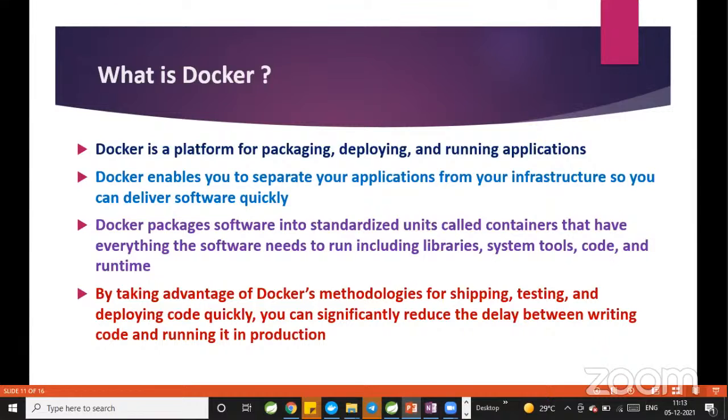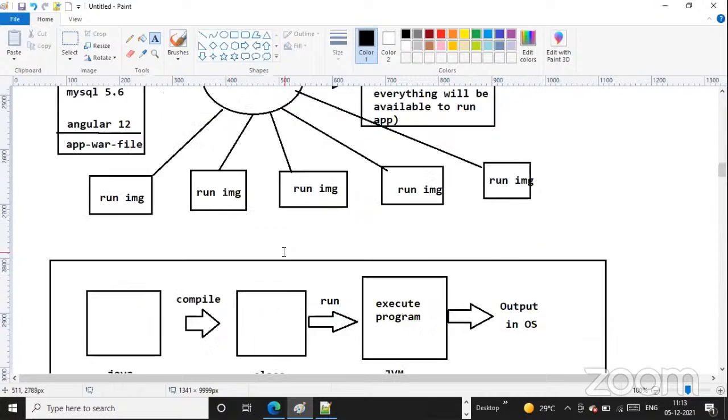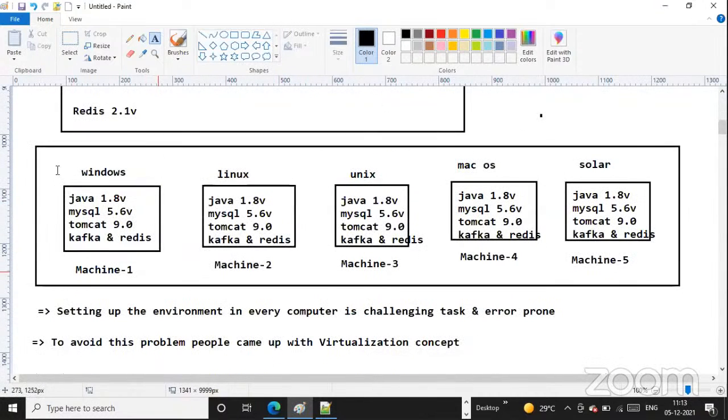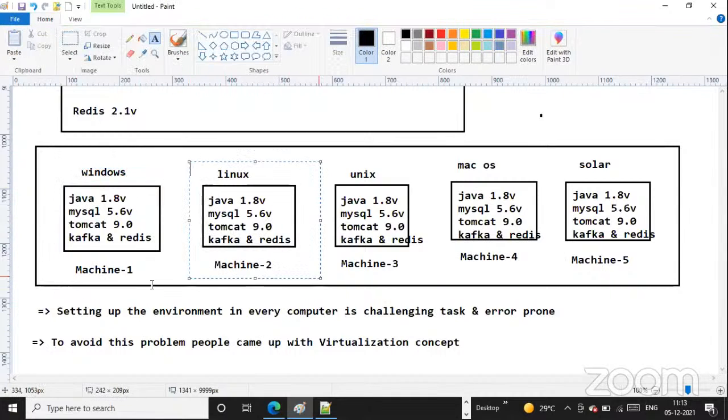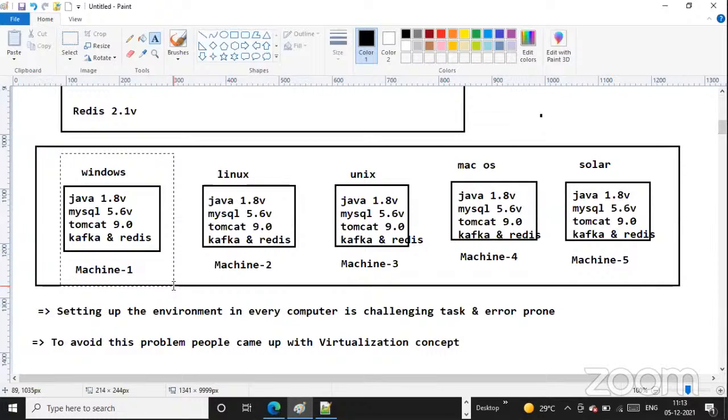Tester's life is getting simplified because if Docker is not available and I am going for a manual process, I have done the setup in computer one, manual setup. Tester should test the project in the first computer. I have done the setup in the second computer, and because we have done it manually, there is a chance of making some mistakes. Tester has to do the setup and test here, test here, test here. So more testers are required to test our application if you do the setup